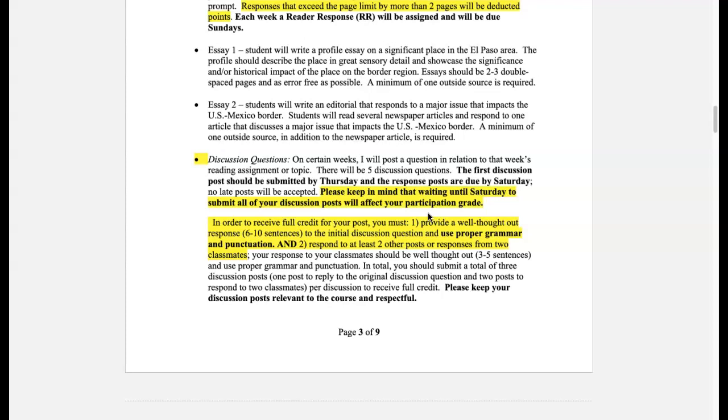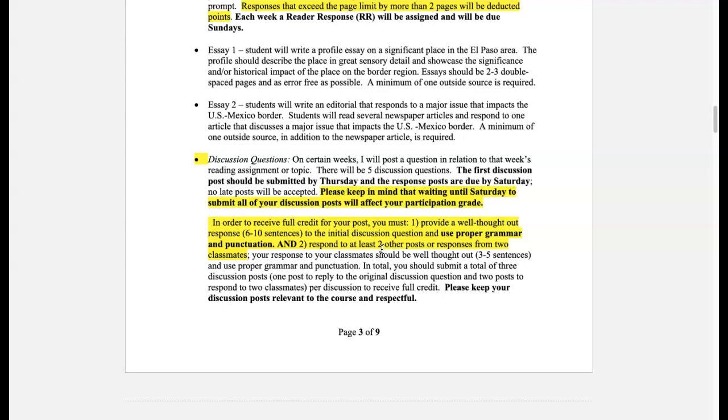They post all of them Saturday night right before it's due. So to avoid that, your first post is due by Thursday, and then you have until Saturday to respond to 2 other classmates. So basically with the discussions, what you want to do is make sure that your discussion post is well developed, that you cover all of the questions that I ask, and then when you are replying to your 2 classmates, you want to make sure that they are 2 separate responses,